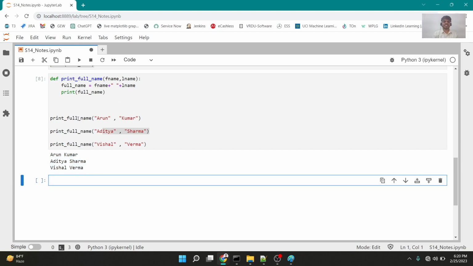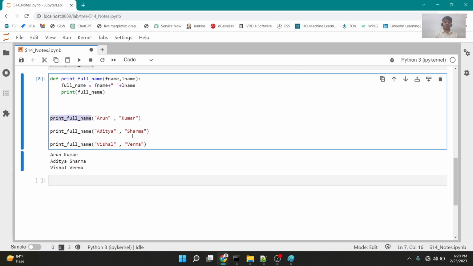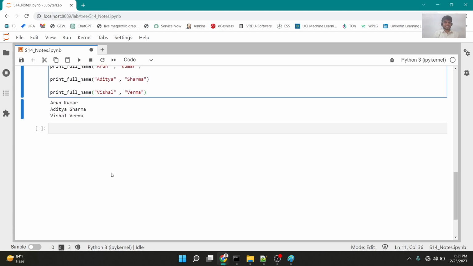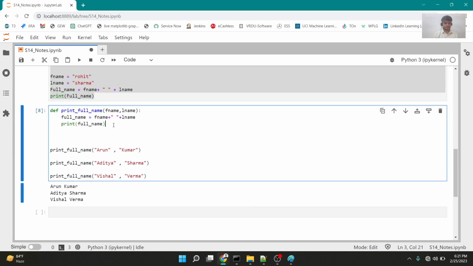Like I said, a function can also expect parameters or inputs and also return values. When I say expect the input, these two parameters which you see are temporary variables which get created the moment you arrive at a function. Every time you arrive at a function, these parameters get created and they get destroyed when you're back from the function. All right. Now let's look at another example, but before that,